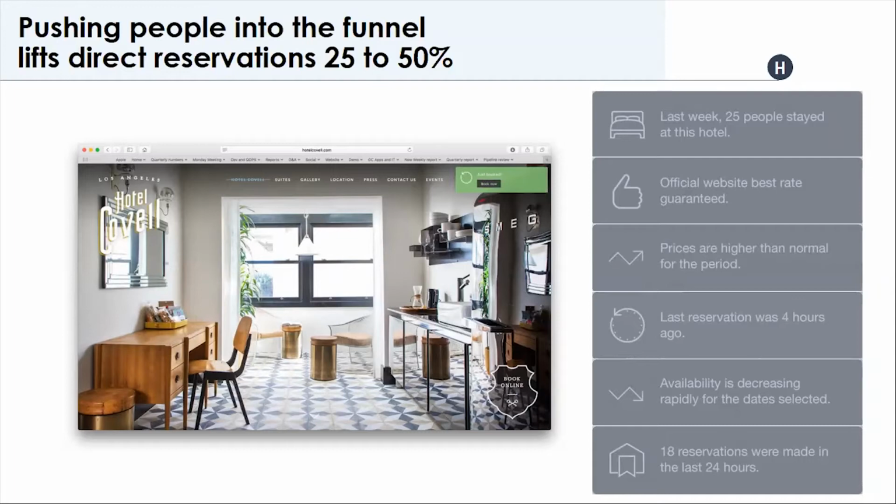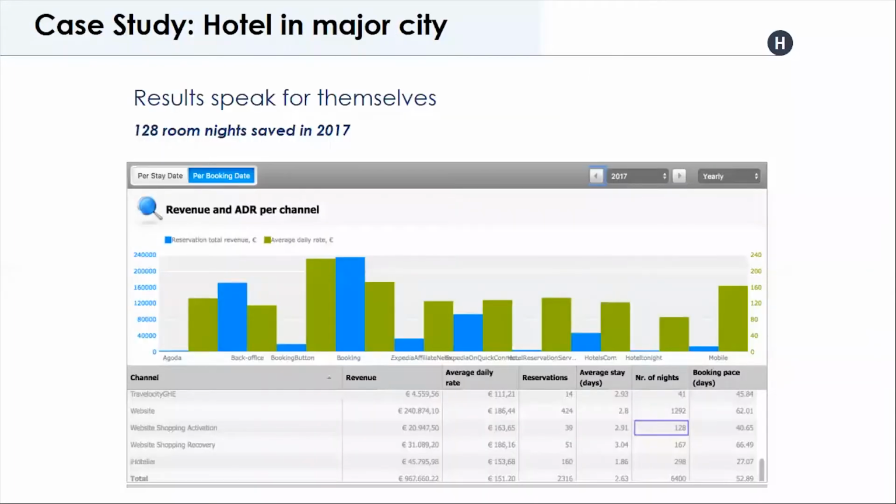And I believe this is important. If you look at the next slide, we can see that this is again real data of a hotel. We can see this shopping activation widget, as we call it, generated 128 room nights on this real hotel.